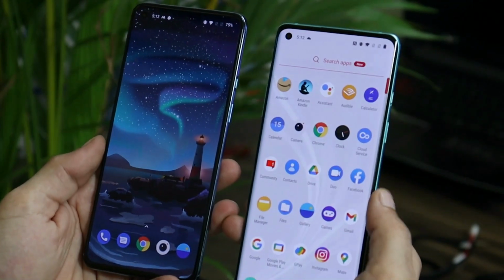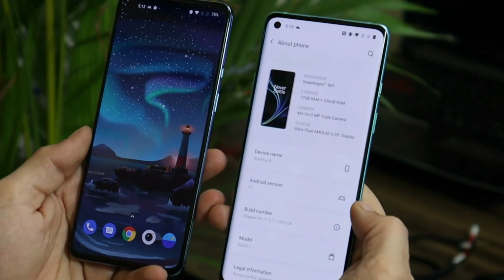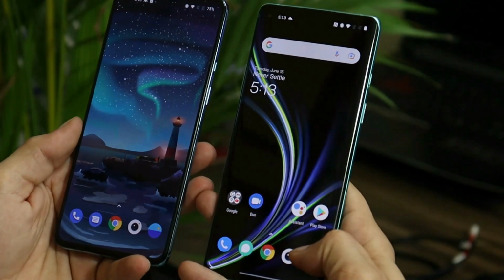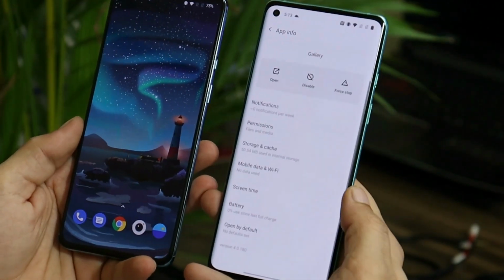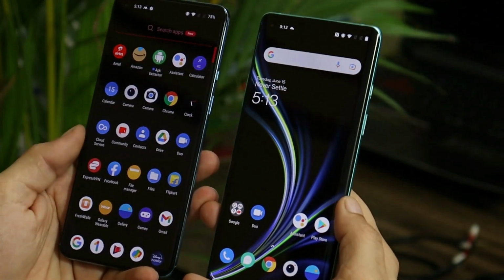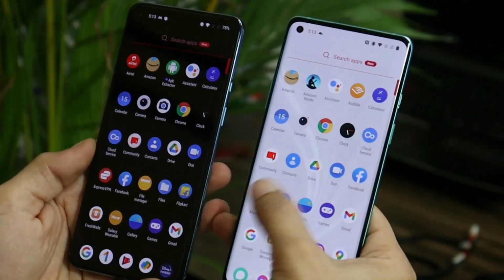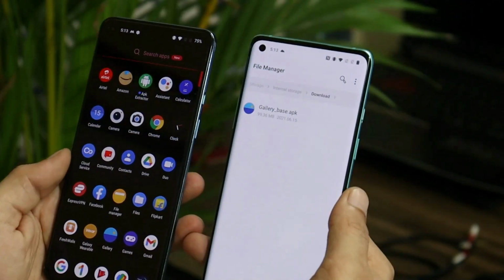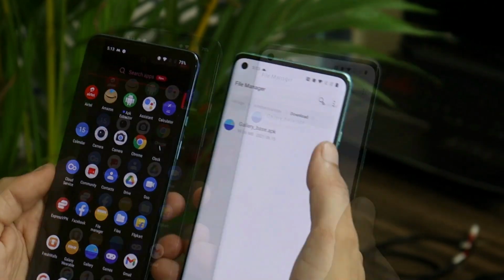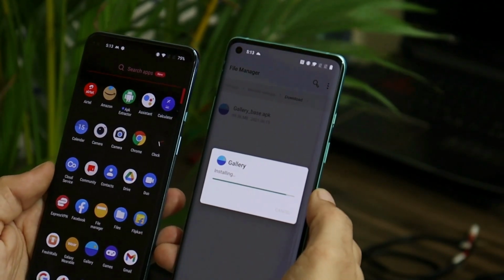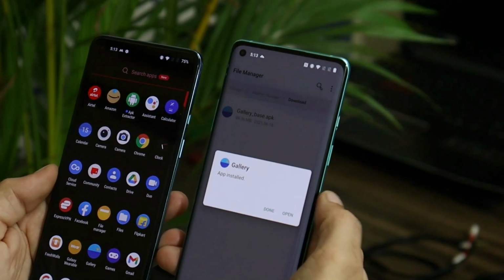Towards the right hand side, I have my OnePlus 8, which is currently running on Oxygen OS 11.0.7.7. If you are not a part of the beta program, the gallery app version would be 4.0.180. But I have personally extracted this file from my OnePlus 9 and it's a simple APK. Just place it inside the internal storage of your device, and the gallery app size would be close to 100 MB. Normally tap on the application and install it. So installing on the OnePlus 8 running the stable channel is not an issue.